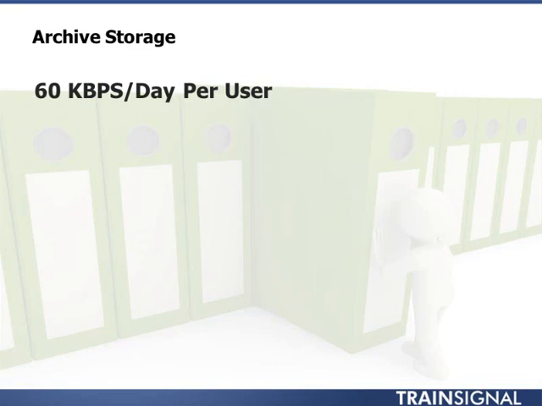user. Now, whether we store the information on SQL or on Microsoft Exchange Server, we're still going to have to account for a lot of data storage, so we're going to have to work this into our design. Now, the 60 kbps per day per user, that's a number that Microsoft likes to throw around. It's a rough estimate. You've got to remember that that can vary depending upon the type of organization and the type of activity that goes on within your organization. You may get more accurate numbers by setting up a small pilot within your organization before you push the product